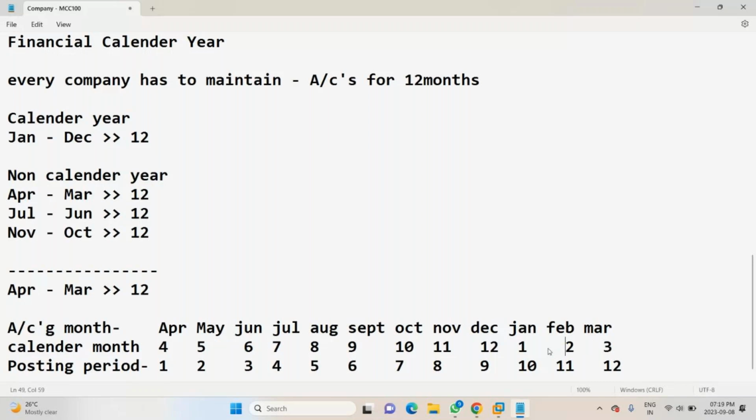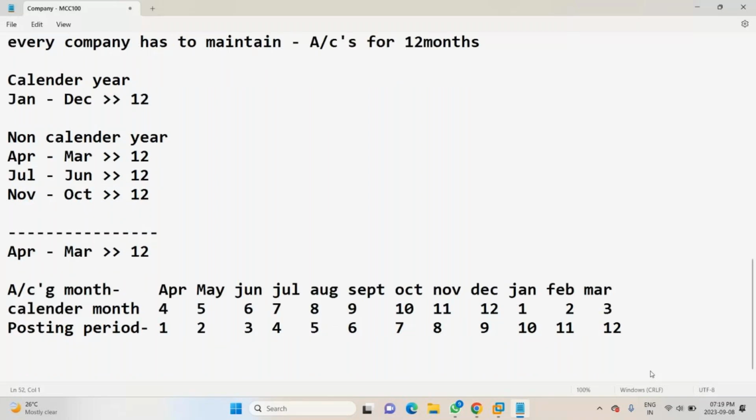In this accounting period, the next thing is how we are going to make an entry. So April to March, I will do all my transactions. From April, I start, till March, I will be doing the transactions. This is for the financial year. So from April till this December,